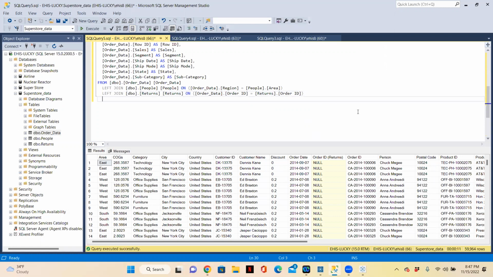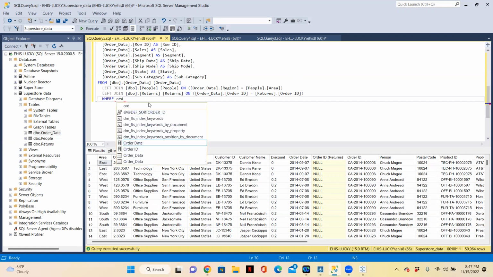So you can just come in here and pass in your where. Your where is like telling your SQL or any database, give me all of this data where this condition is true. So I want to see where my order date,